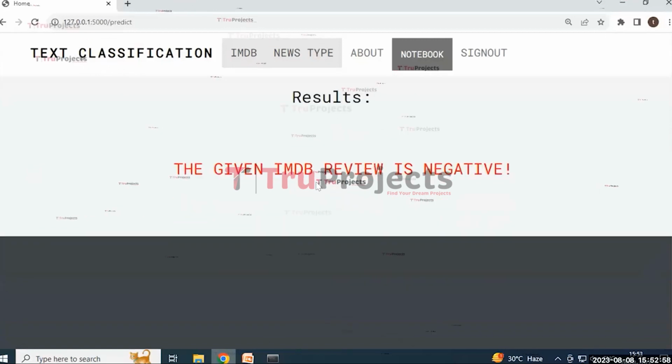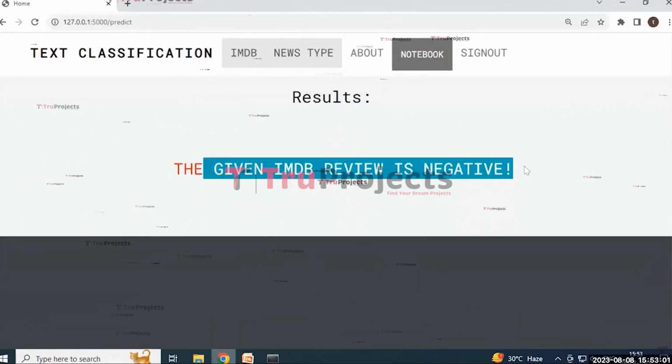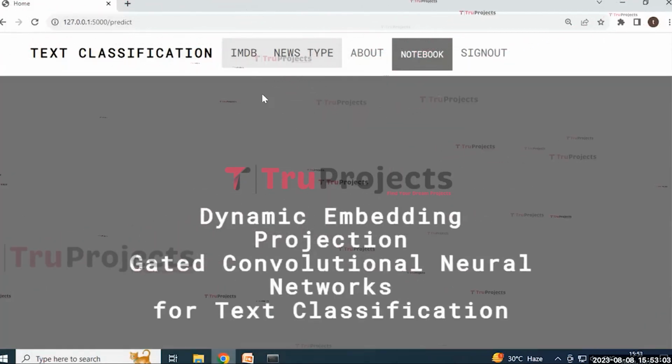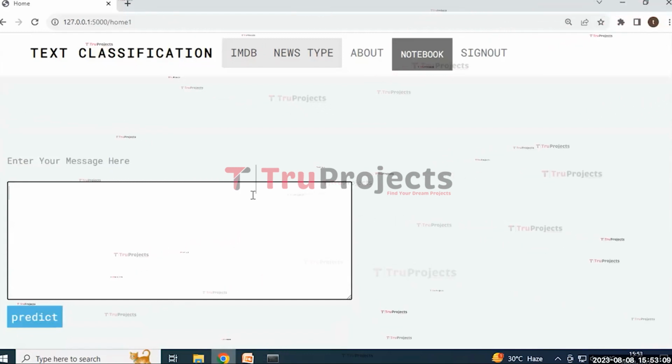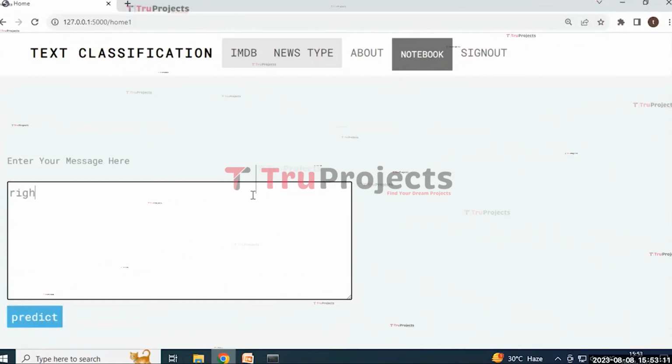Here the result is predicted as: the given IMDb review is negative. And then click on the IMDb button. Here it redirected to this page, and here we can enter another message as